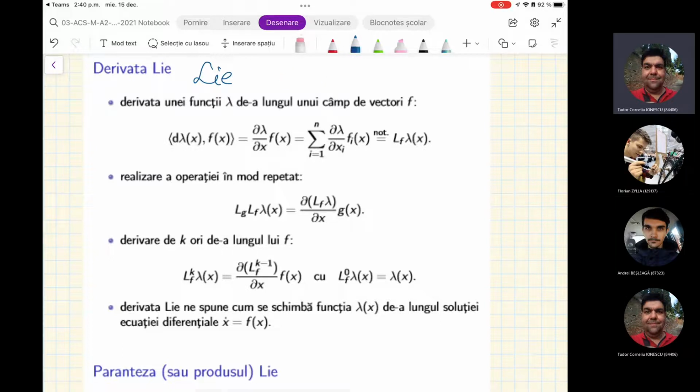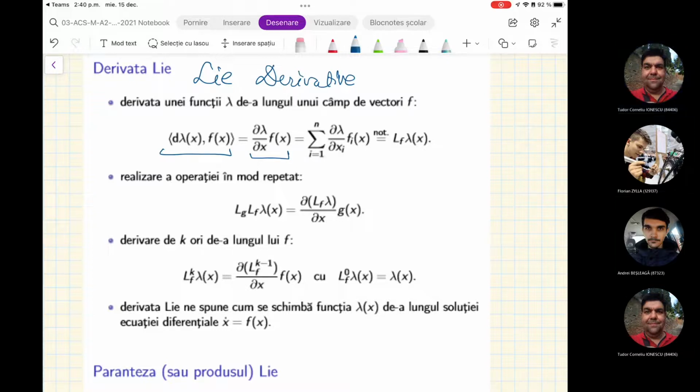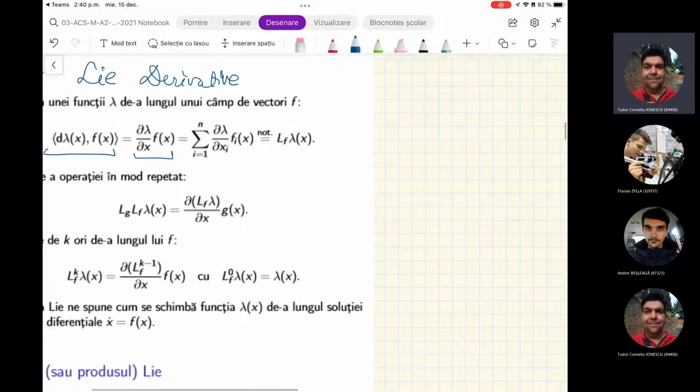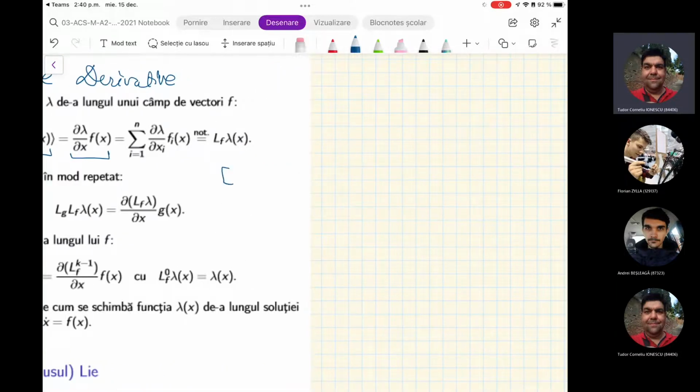You remember, again, we did this when we were talking about the derivative. I'm sorry, it's not the bracket. The bracket will follow. Okay, so the derivative of some function along a vector field, it's this scalar product and it's this function. So it's the co-vector of differentials times the vector field, and has this shape